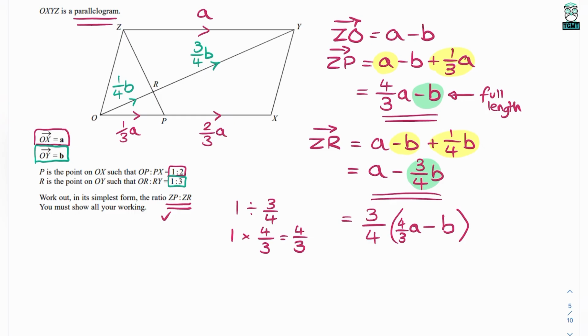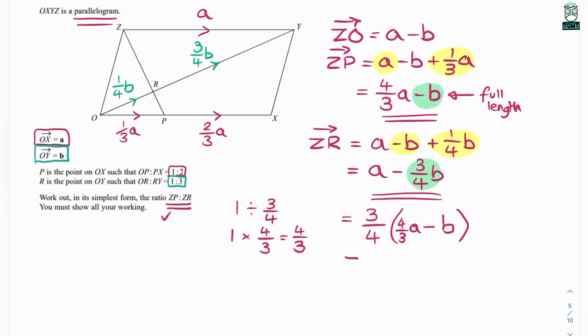And then looking at those vectors, they actually match. So the one at the top, Z to P, was 4/3 a minus b. Z to R that we've just worked out is 3/4 of 4/3 a minus b. So we have both of those having that matching vector there. So where it says work out in its simplest form the ratio Z to P, Z to R, well,